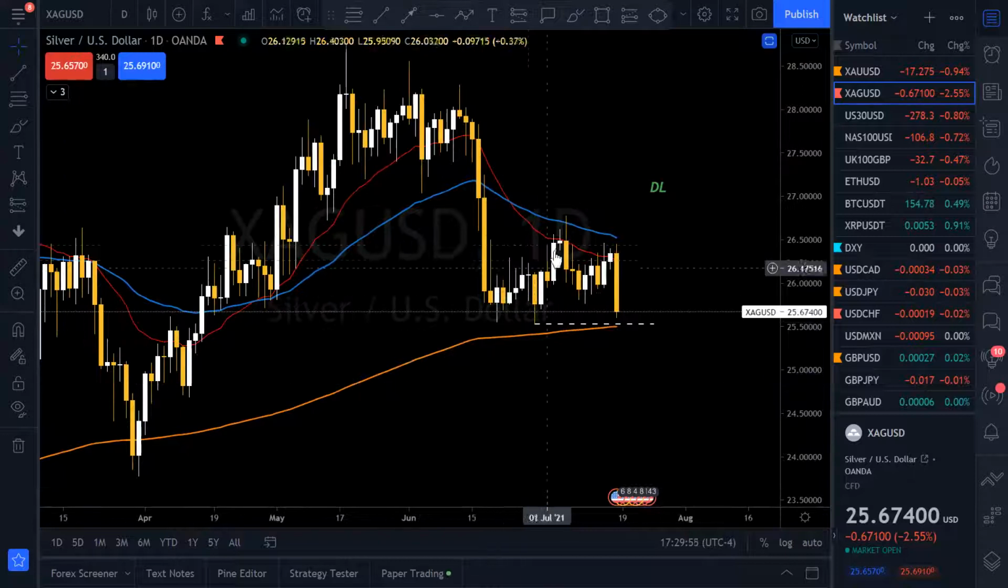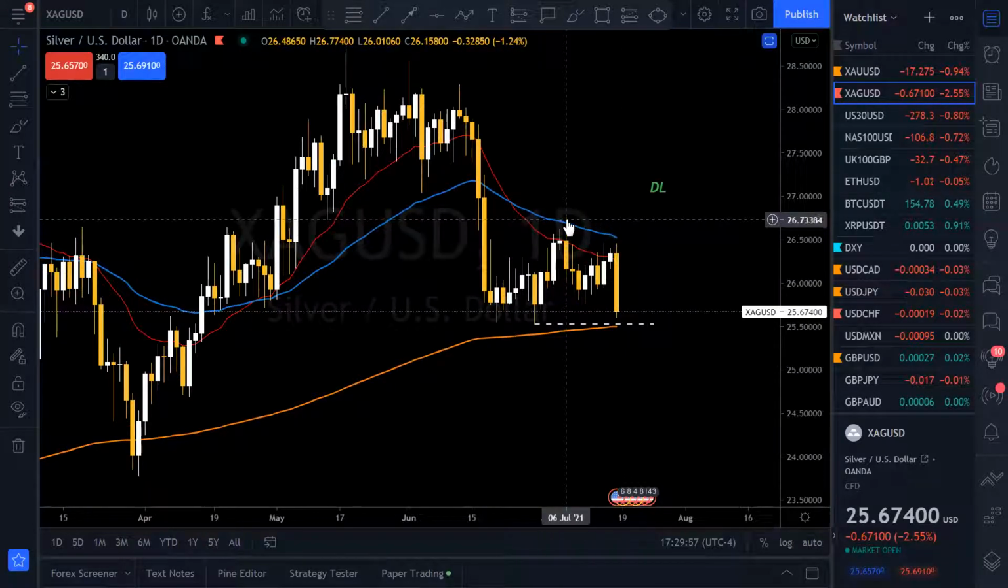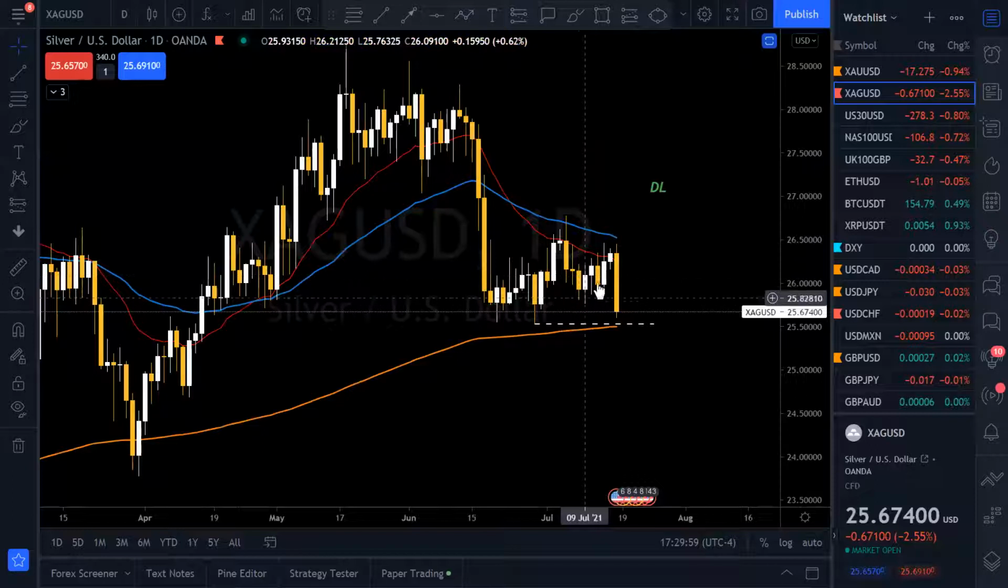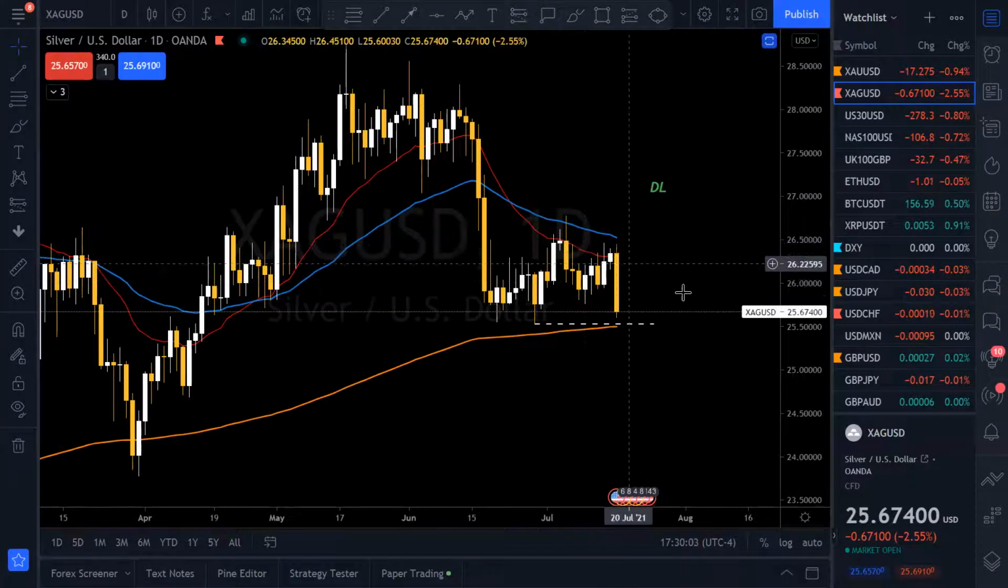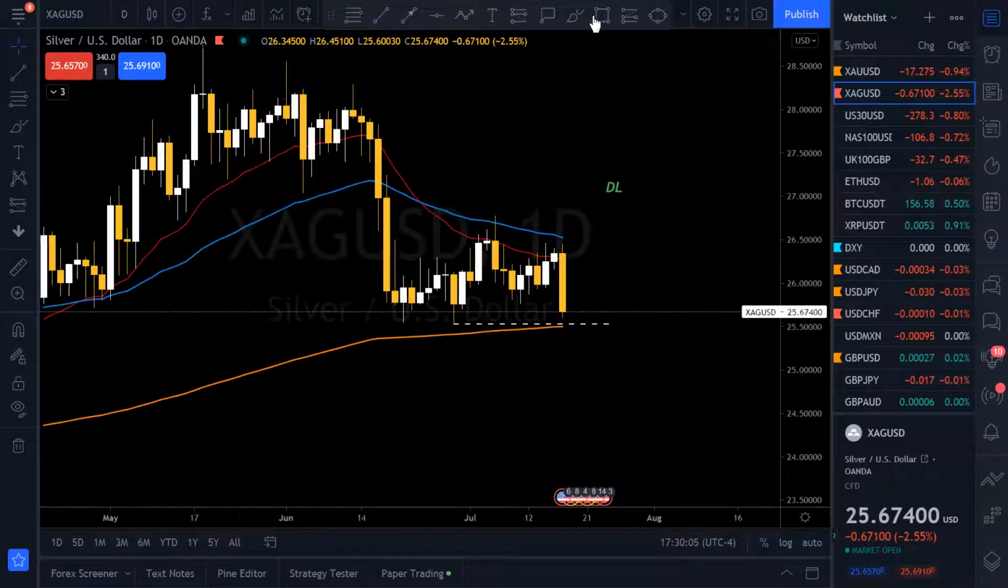So we see price made this high, came back down, couldn't get any higher. It's making the lower high here. We also see obviously that we made a bearish order block there. I'm looking for price to test that order block, and then continue